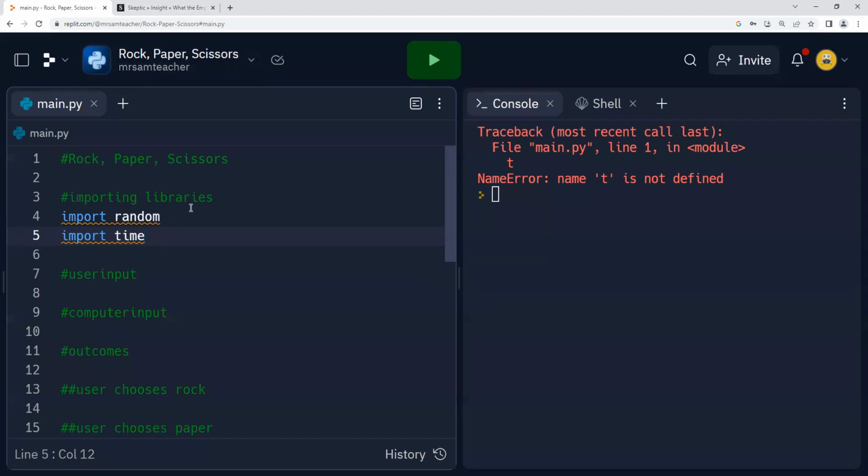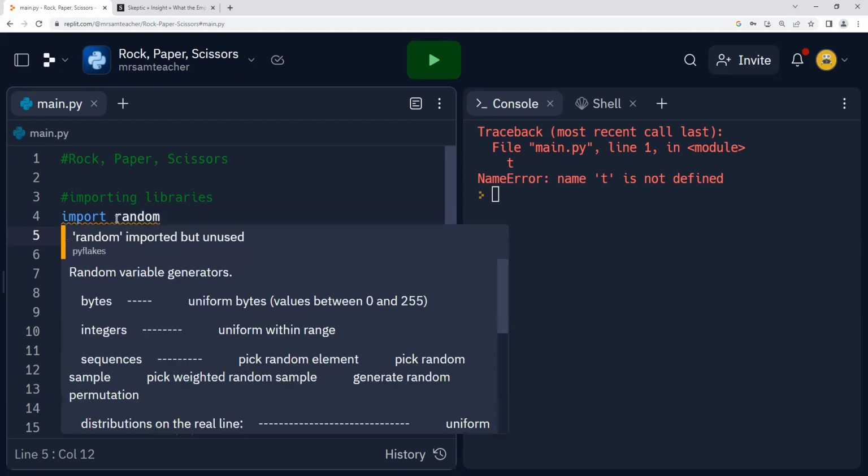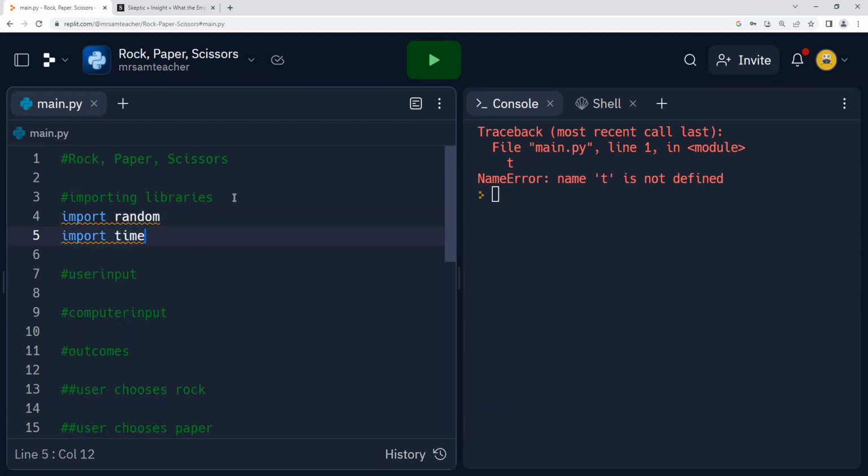So again, to refresh everybody, there are universal functions like print and input where you don't need to call a library. There are certain ones that have specific libraries that you need to call. And just because there are yellow underlined squiggly lines right here, it's not an error. This just means that we haven't taken any function from those libraries, so because we haven't utilized them, they might not be necessary for the code. It won't give you an error, but it's saying it might not be needed, to condense your code.